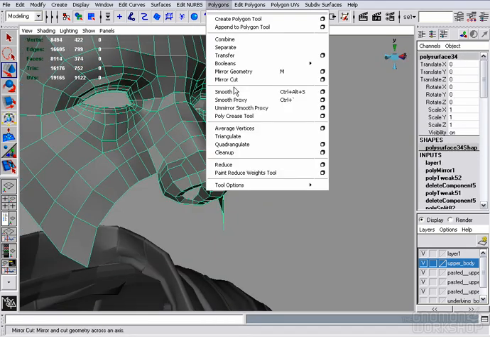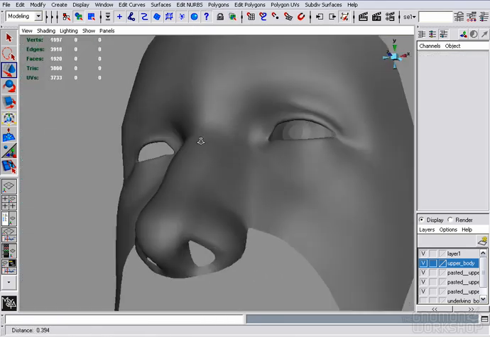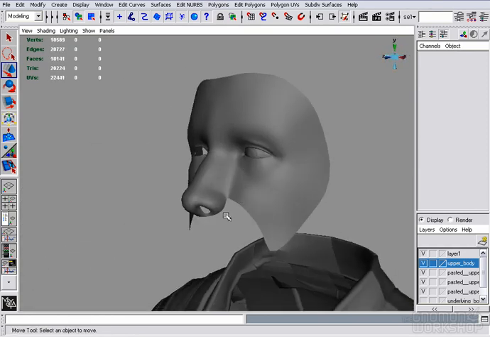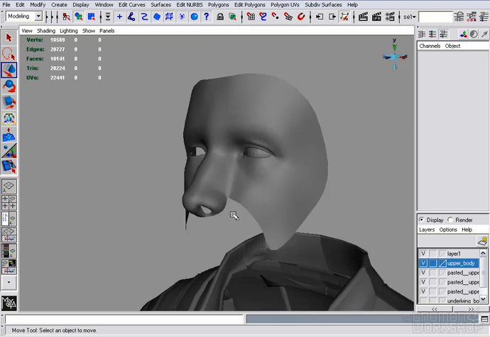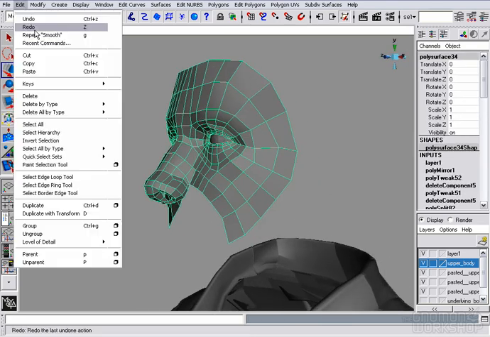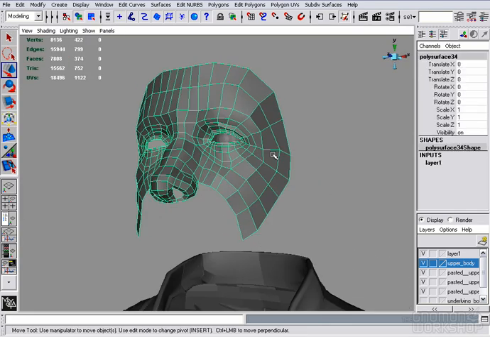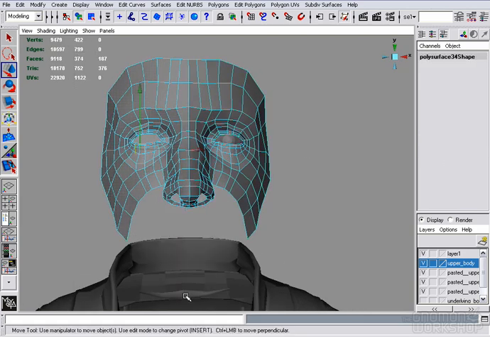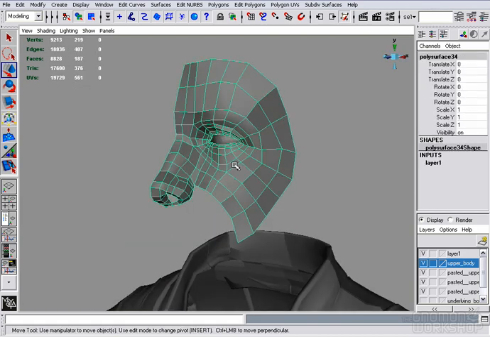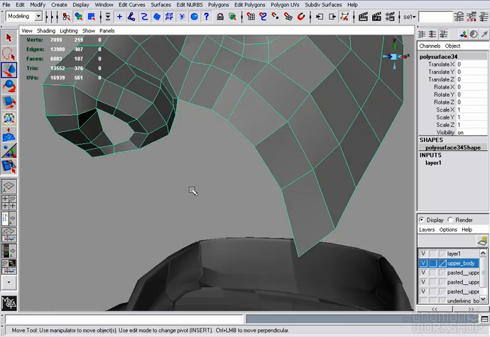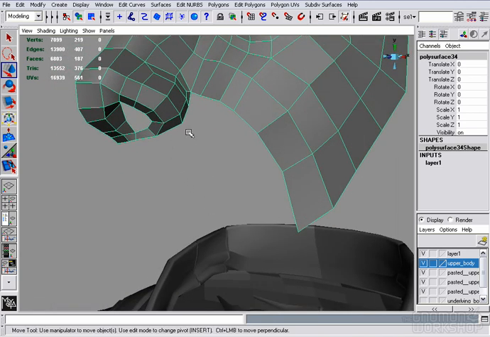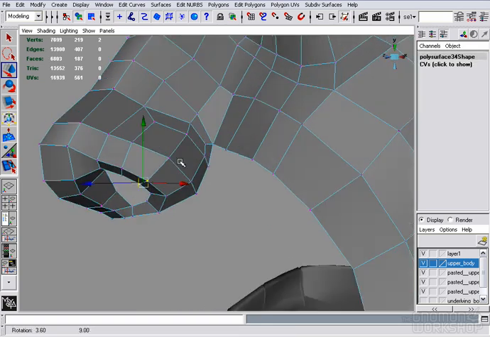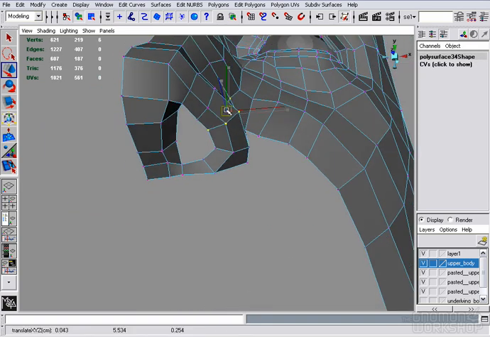Most important part is, well, actually, they're equally important. You have to capture the likeness of what you're modeling, but you also have to make sure that your topology is run in a way that when we get to doing facial animation, you're not going to have any problems. So what we're doing right now is we're just going to build a face with loops that are correct, and then we're going to get the likeness of